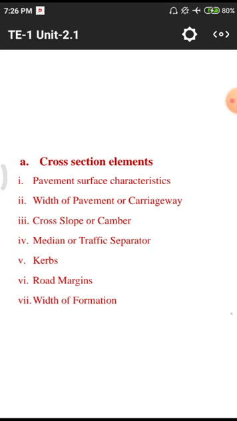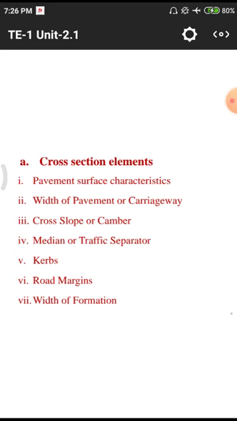Next one is cross slope or camber. This is a major point, cross slope or camber. In so many villages and other places we have a huge number of accident zones. Those zones are indirectly because of this cross slope or camber. Without camber, centripetal and centrifugal forces are more likely to act on the vehicles, and the vehicle is not in our control while we are applying brakes or any other controlling measures while we are traveling on those cross slopes. So we need to provide a particular amount of cross slope.